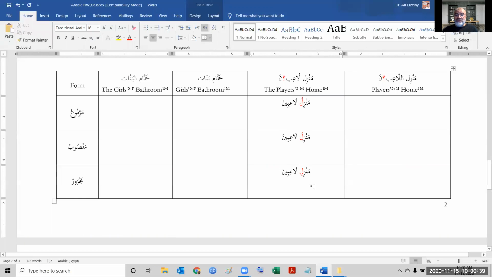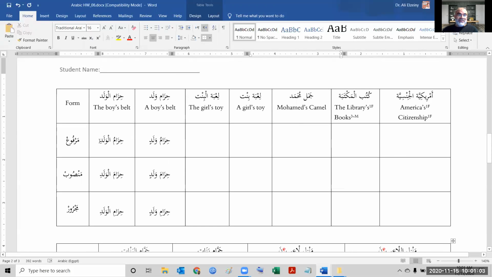These structures you need to learn when you read Arabic. You see like players of a home or the player's home or whatever. You need to be able to figure out that this is a noun, this is second noun, this for second nouns qualifying the first noun or specifying the first noun or made it specific. Okay. So that one was easy. So here, this is always majroor. Always majroor. So it's always kasra.